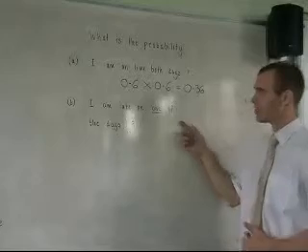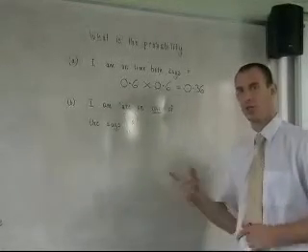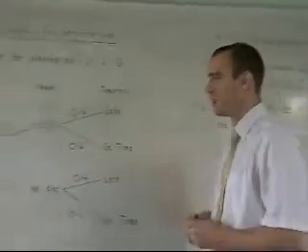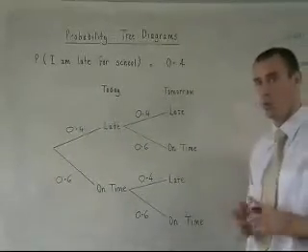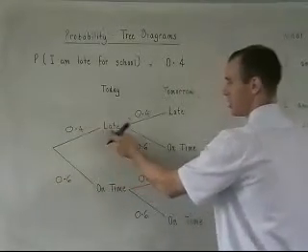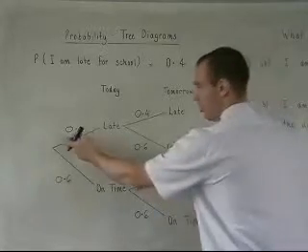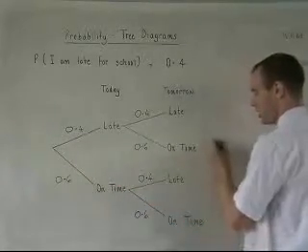Now we're going to look at a slightly different question. I am late on one of the days. Okay, so if we take a look at the tree diagram again, first of all, we're looking at late on one of the days, so not two of the days. We have late and on time. So we're multiplying as we go across the strands. 0.4 times 0.6 is